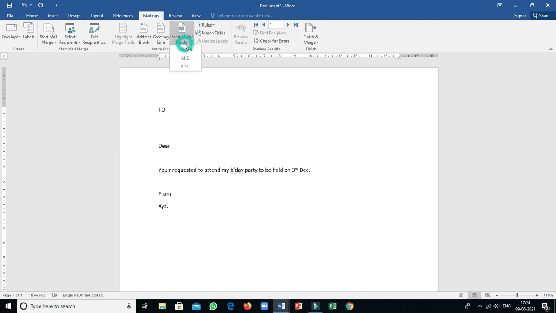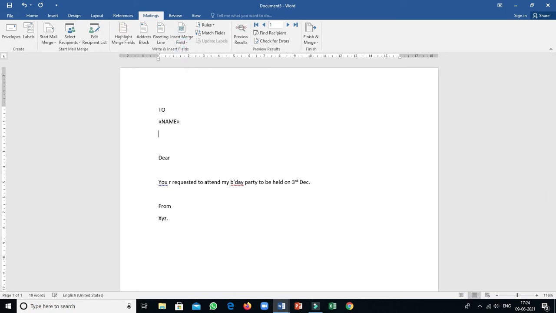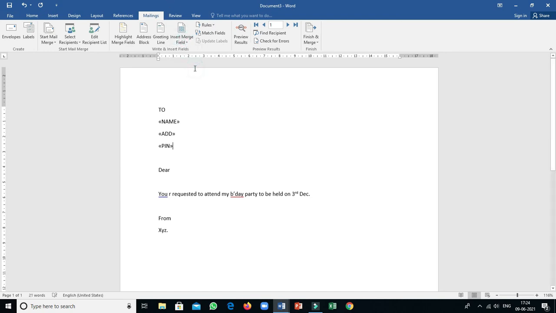Now click on Insert Merge Field. Now see, Name, Address and PIN, these three are displayed on your screen, because now this letter file is linked with which file? The DT1 data file. Click on Name, then press Enter. Again Insert Merge Field, click Address, then Enter. Insert Merge Field, click PIN. Okay, in such a manner you can select one by one. And for 'dear', select Insert, click on Name. Over. The formatting is complete.